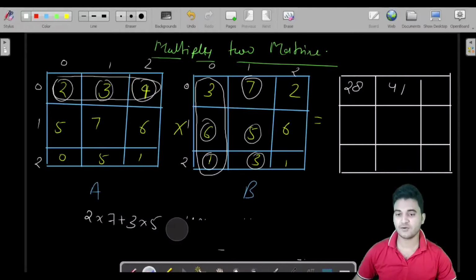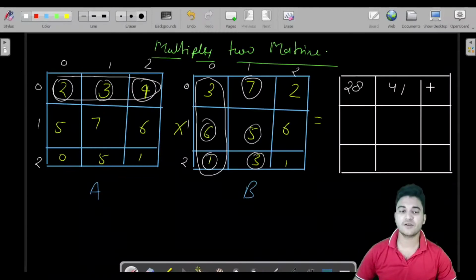I hope you have remembered how to calculate the value for this cell. So quickly do this. This time you will pick up this row and this column. We are calculating the result for the first row: first row and first column, first row and second column, first row and third column.